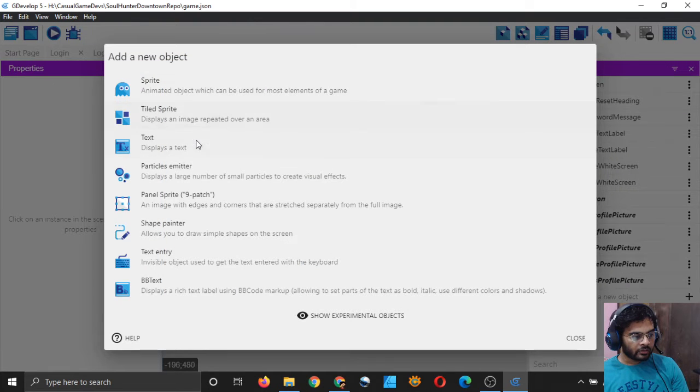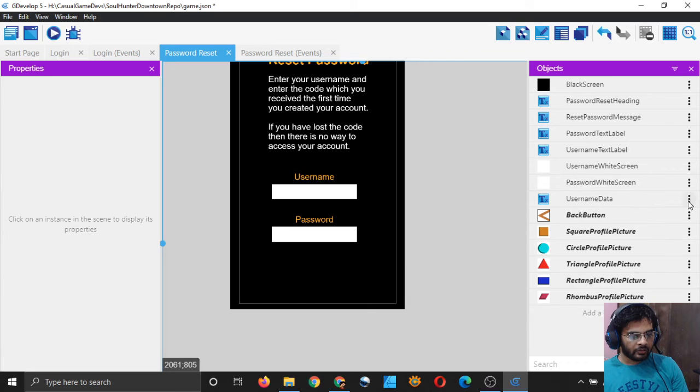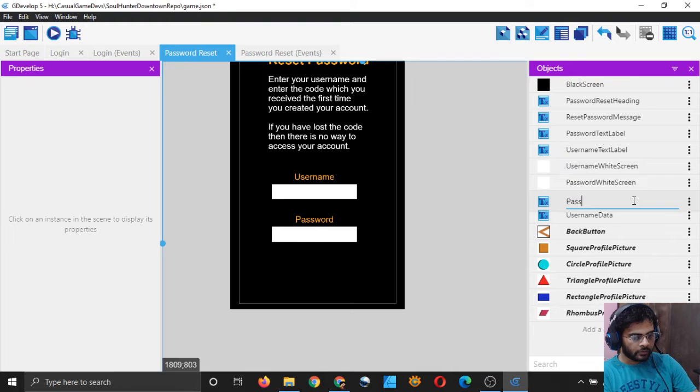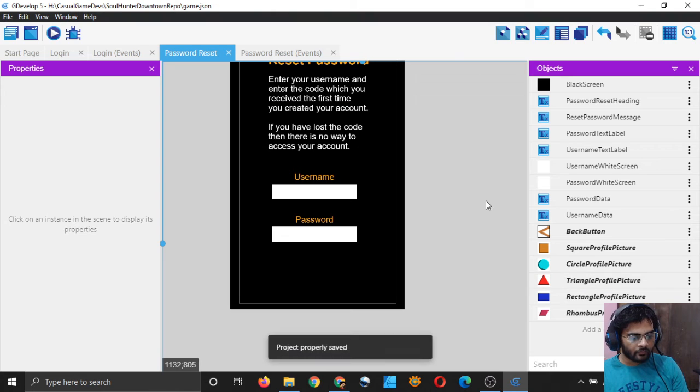So add a new object, text, I will call it username data, and size should be 40 and color should be white, and text should be enter username, right, and apply. And I will simply duplicate it and I will type password data, and I will double click on it and I will write enter password, right. So that's good. Username data and password data, I can simply drag them here.